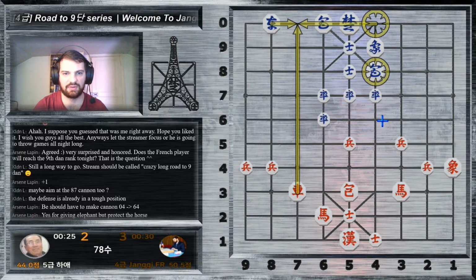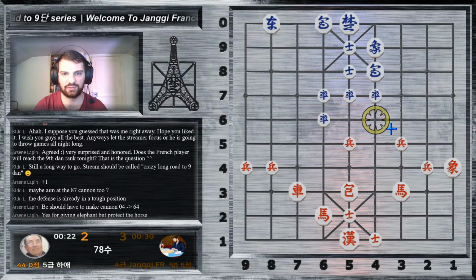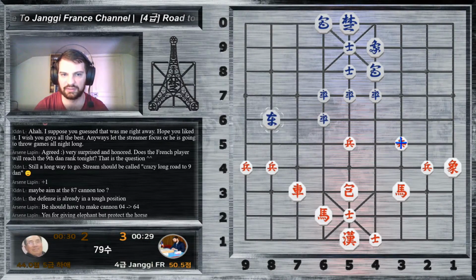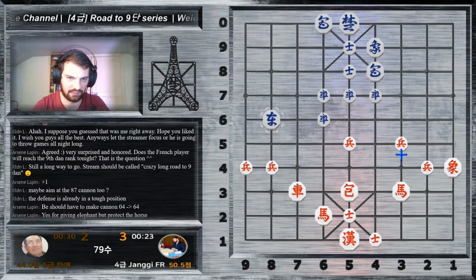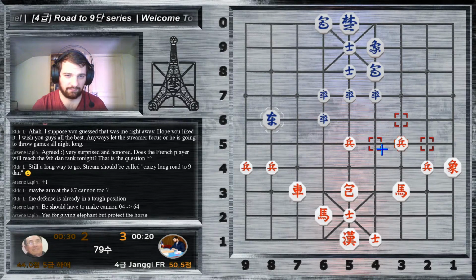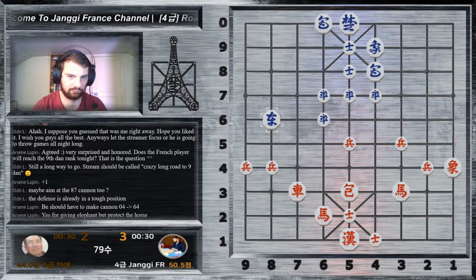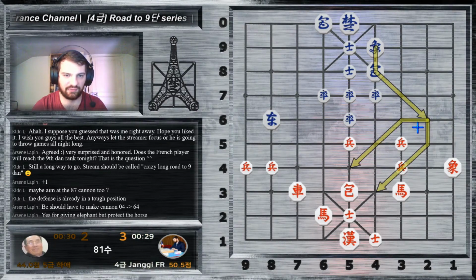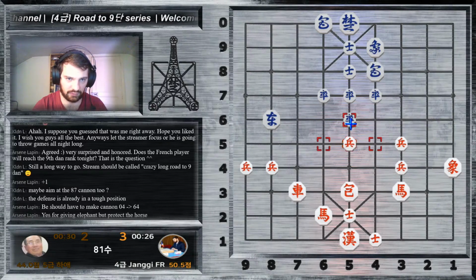That the cannon here in 64 before does not protect the horse, because when rook takes elephant, if rook takes horse at the next move, then the cannon can't take back. So that was not a working defense for him. Okay, I'm also paying attention to the squares that the elephant may threaten, but yeah,